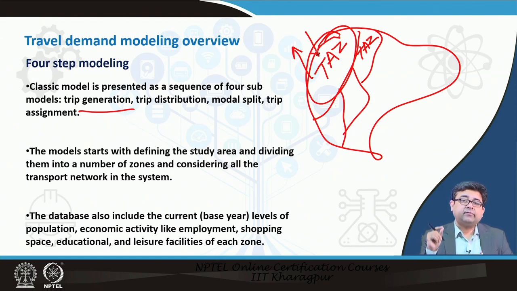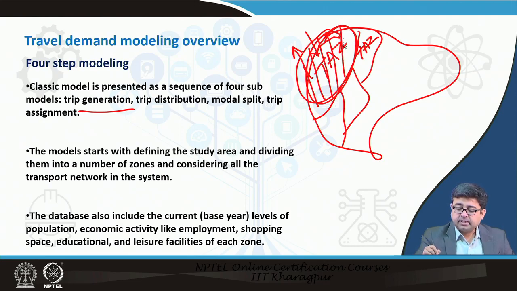So, we are not tracking everybody's movement to predict how many trips are going to be coming out of or coming onto the network, but we are doing it at a macro level, at the level of a traffic analysis zone. So, first of all, we divide the city into all of these zones, and then we look for all the socioeconomic data for the families that are living within that zone itself, right. That acts as an input. Then we look at all the highway network or the roadway network within that zone. We look at the socioeconomic data and so on and so forth, so that it can be fed into the model.